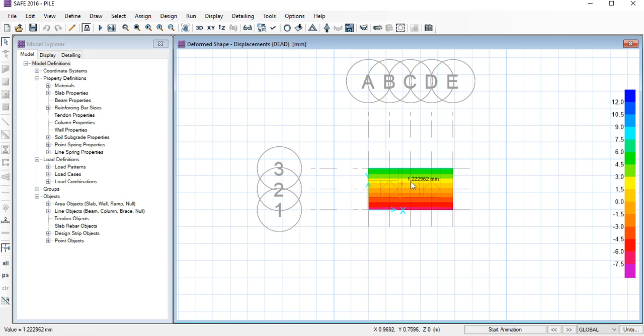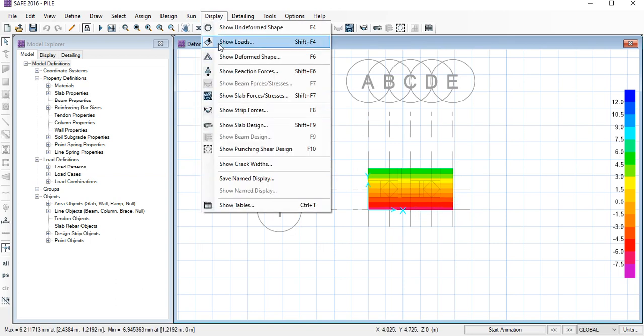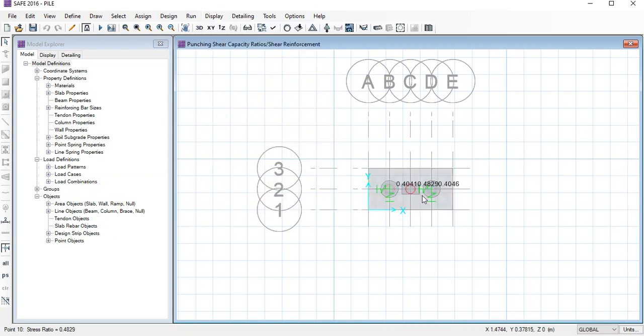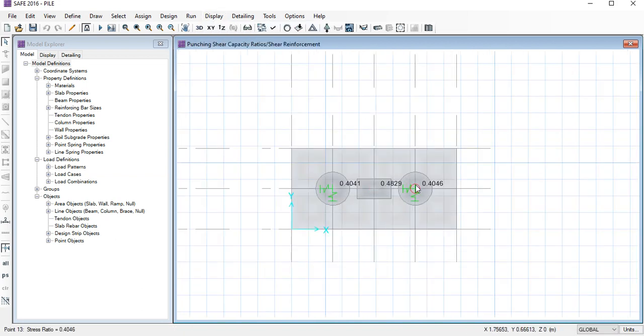It is not a big displacement, because 7 mm displacement is quite well. That means our design is safe. But before deciding whether it is safe or not, we go to the Display option and need to check the punching shear in the software. Here you can see the punching shear. Punching shear is the most important option in SAFE software, because it defines whether our footing or pile cap fails or passes. If the punching shear value is greater than 1, then our footing will fail. But here it is less than 1, that means we are safe.